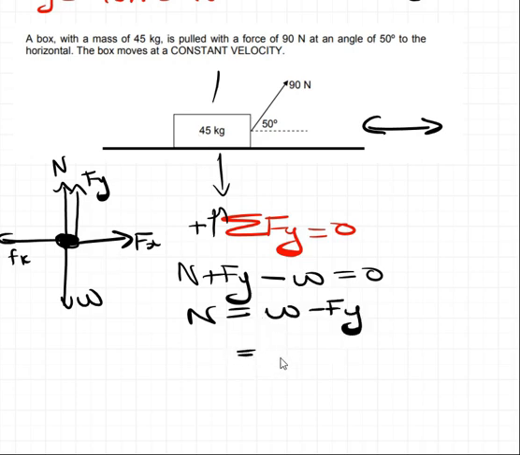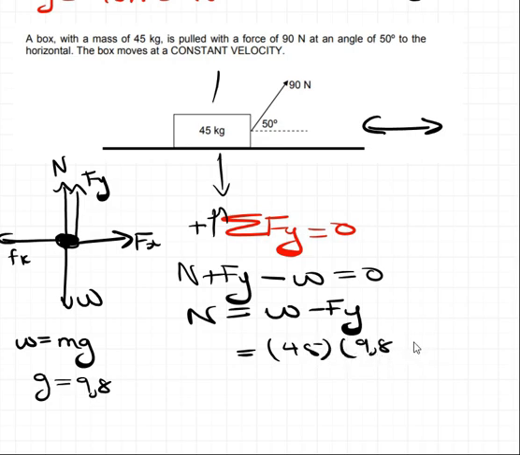So what's the weight? It's a 45 kg block. Remember, weight is equal to mass times the gravitational acceleration, and we are going to use g equals 9.8, right? So it's 45 for the mass multiplied by the 9.8, minus the force we've just calculated, 90 multiplied by sine 50. Okay, so let us calculate that. 45 times 9.8 minus 90 sine 50, this will give us a